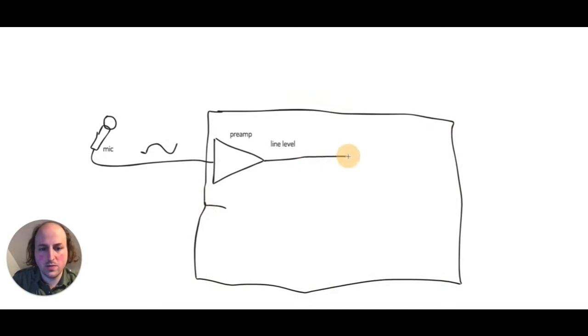Specifically, we'd be going to something like an analog to digital converter, ADC, which would then allow us to connect to a digital output of some sort. So say we're going to a computer, so the signal comes out over a bus like USB, and that's going to connect to our laptop,